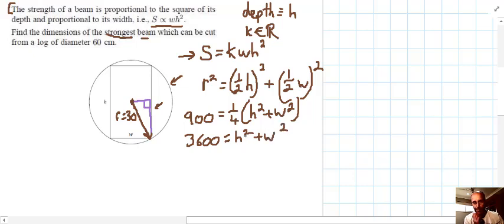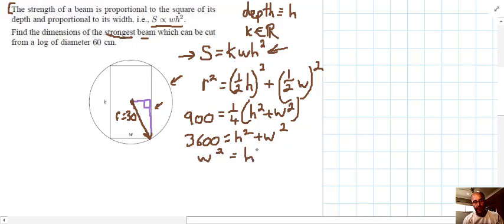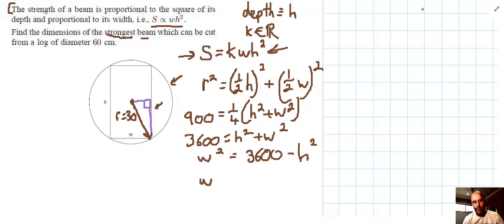Now we've got three variables, as I said, up here in this equation, and really we want to be dealing with just two variables based on the mathematics we're going to use. So I've got to eliminate either W or H, it doesn't really matter, so I'm just going to choose to eliminate W. So you rearrange the equation in terms of W. So W squared equals 3600 minus H squared, and therefore